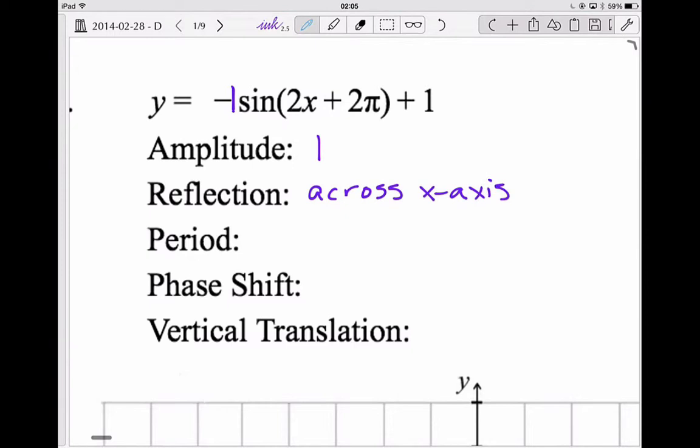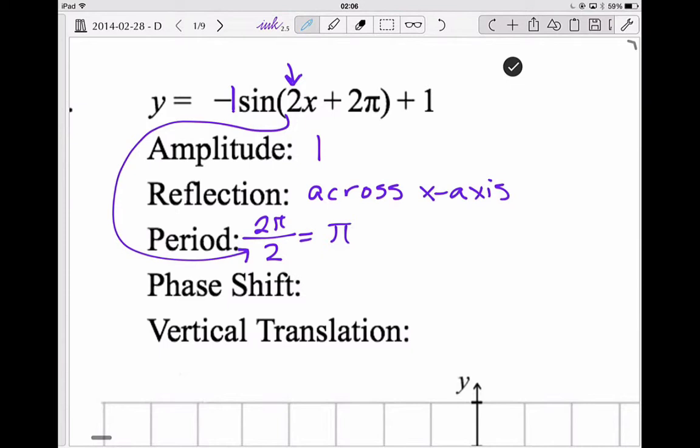The period of sine is normally 2 pi. However, this 2 right here is causing a horizontal compression by a factor of 2. In other words, to find my new period, I need to take that 2 and put it under 2 pi, and lo and behold, the period of this transformed function is pi. Plus 1 is my vertical translation,